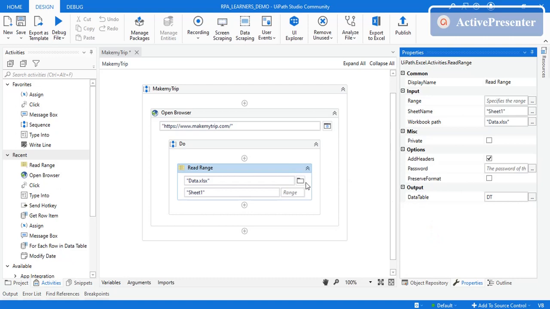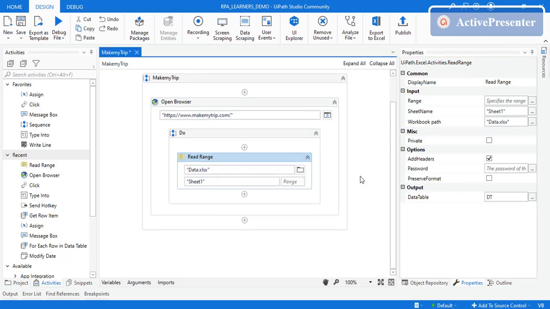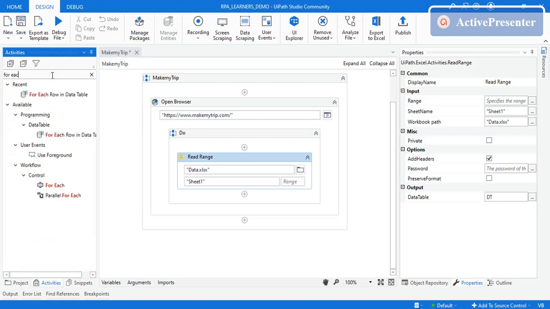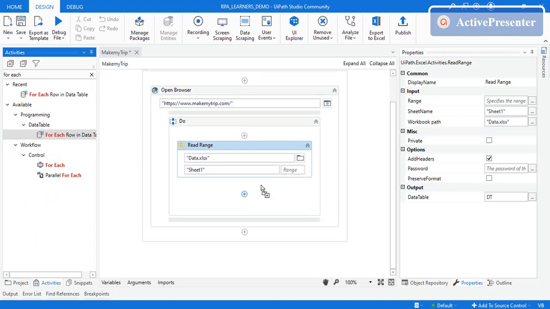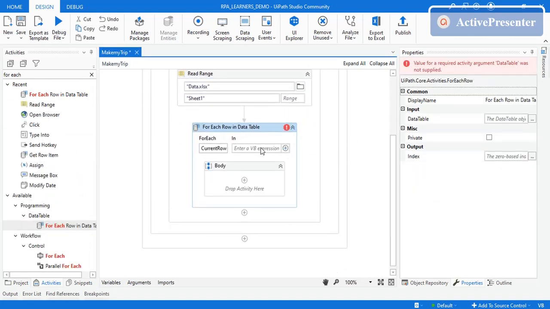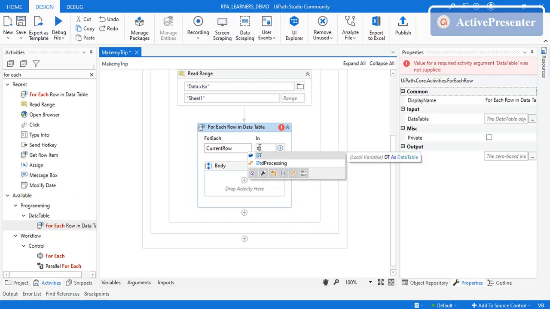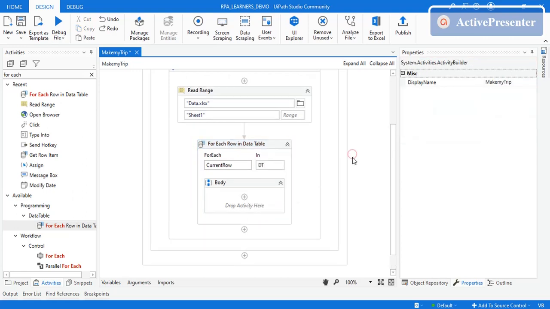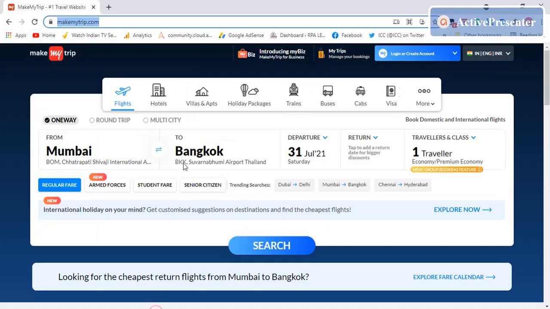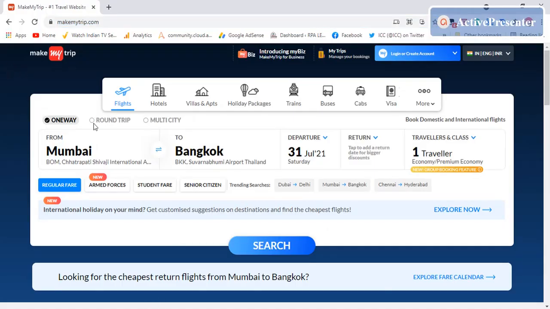So this is our data table, where it is containing all the required data. So we need to loop it for each data that we have in the data table. So we will use a for each row here, for each row in data table, which is dt. And then what we need to do, firstly, after logging in here,